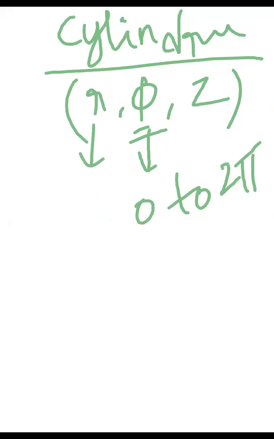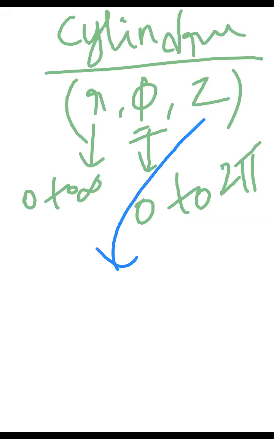Now you know the limits of r: r can be from 0 to infinity, pi can be from 0 to 2 pi. And what is the z value? What could be the z? Minus infinity to plus infinity. Yes, z is from minus infinity to plus infinity. You will understand why the limits are like this once I draw the diagram.